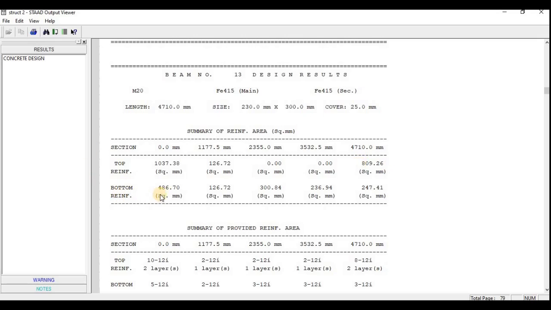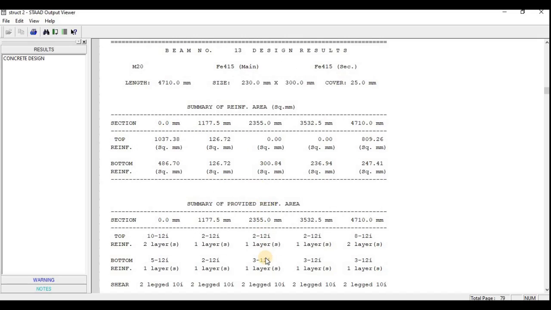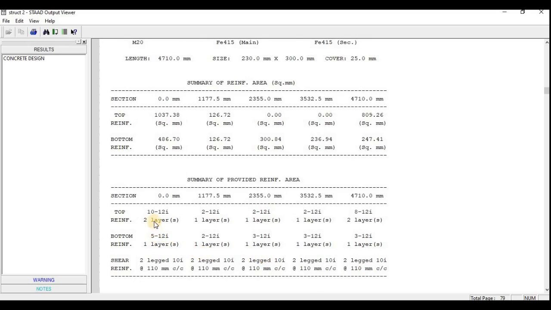Similarly for bottom reinforcement, see here, compared to the ends you can provide the maximum at the middle, but the requirement is only 300. You can provide it in this manner. Here you have maximum reinforcement because some moment is received from the left side.